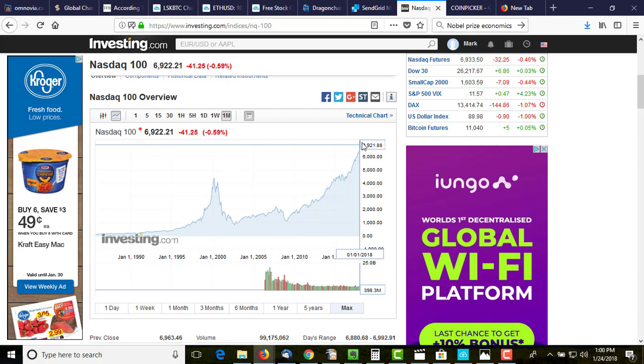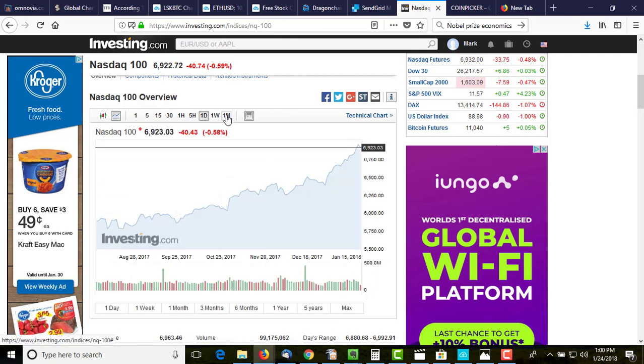Not exclusively, but generally. Back in 2000, the NASDAQ rose extremely high, 5,000, 6,000, in that neighborhood. Yeah, right here it tells you. No, it was higher than that, actually. I think it was 5,000. May not be able to show it here, but I think it was 5,000. Anyway, on a monthly close, yeah, that would be it. But there was a day close where it knocked it out around 5,000. I wonder if it will change and show that to me. No, it won't show it to me.